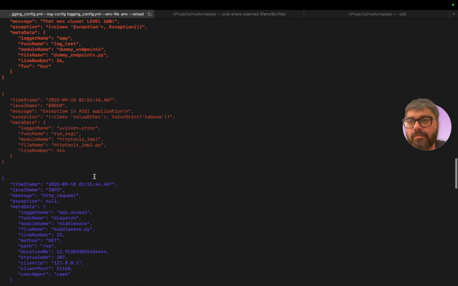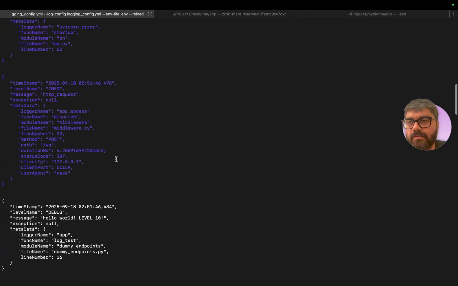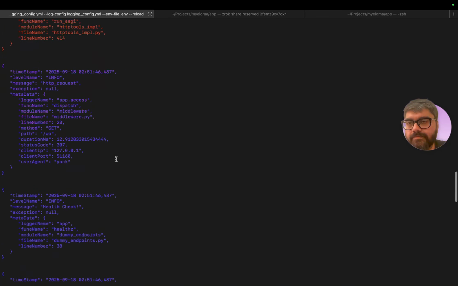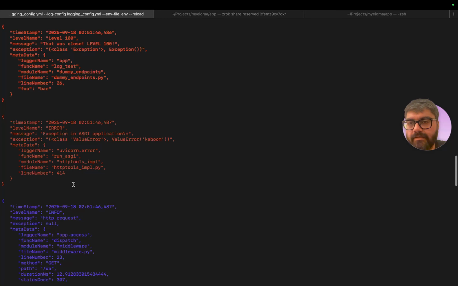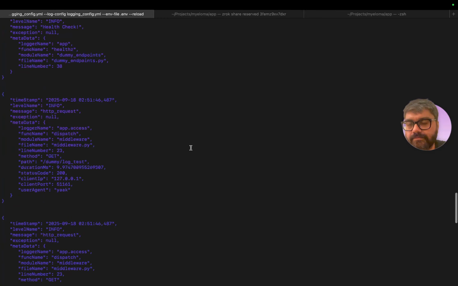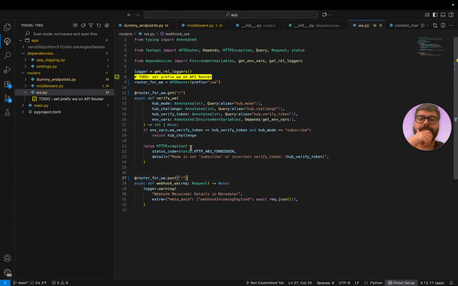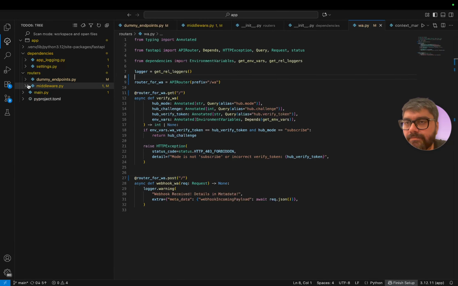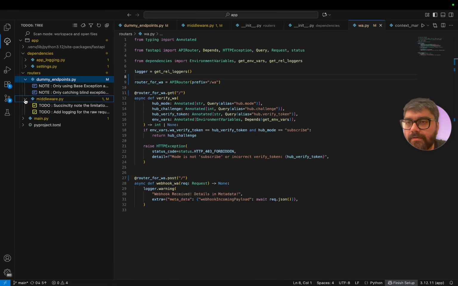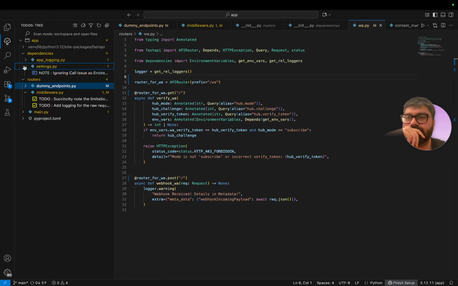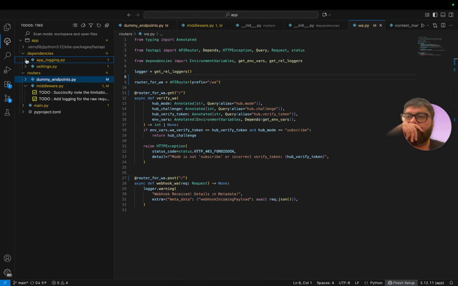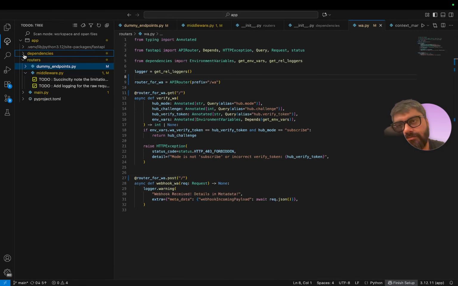Yeah, I got my foobar webhook, got my logger. Should get Kaboom somewhere. Yeah, this is Kaboom over here. Yeah, we're good. So I can remove that to do as well. So nothing in dependencies, just notes. In routers,